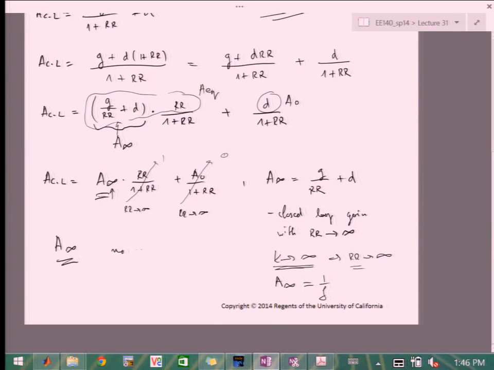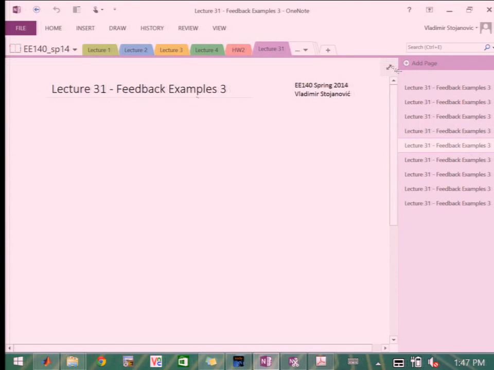Then no need for A equivalent, right? Because A equivalent is really A infinity times the return ratio. And we always first find the return ratio. Okay. So in summary,